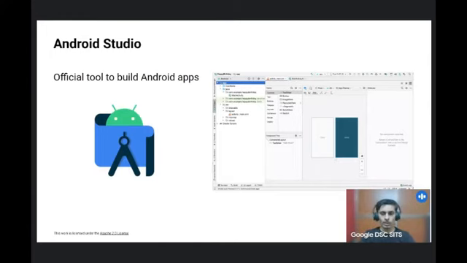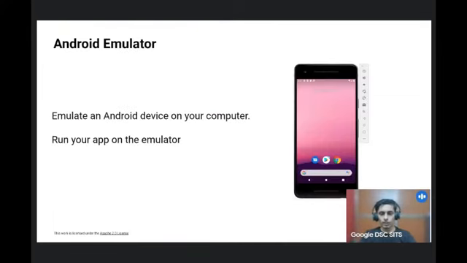This is Android Studio. This is the official tool that professional developers use for Android development. This is where you will be writing your Kotlin code and building your applications. This is the Android emulator. In Android Studio, you can use the Android emulator, which can emulate various Android devices on your computer. The emulator allows you to run your app, and it provides almost all capabilities that a real Android device would have. We use the Android emulator to test our apps.